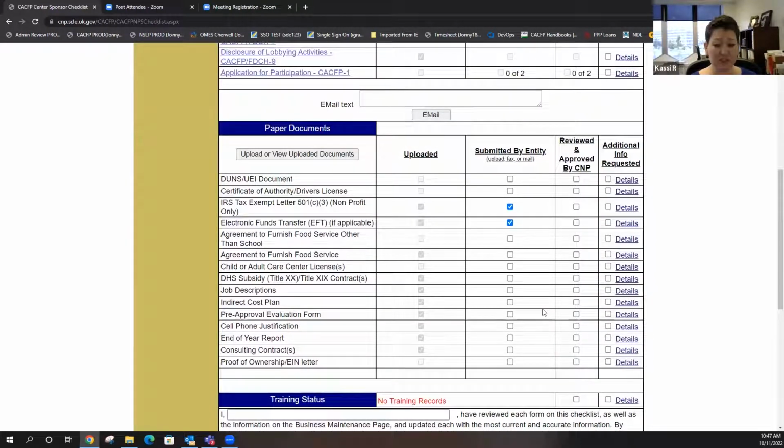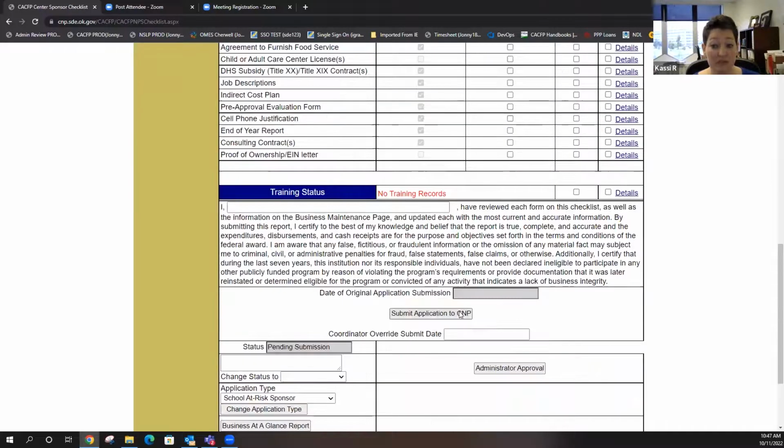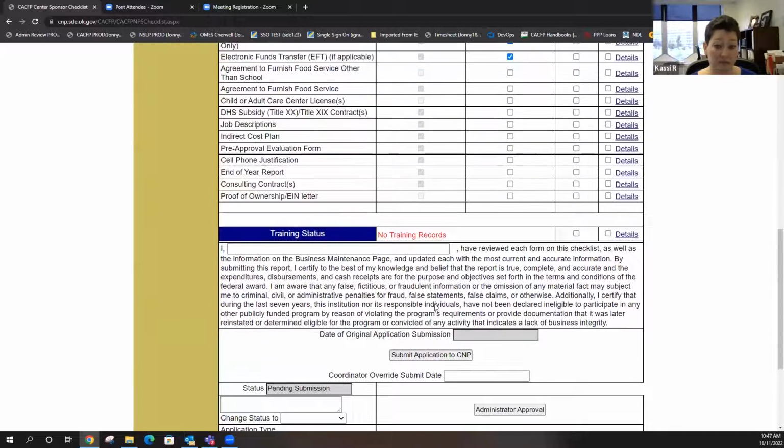If we get to your application and the proper person hasn't had training, we can't approve you. If you've not submitted your organizational chart or your end of year report, we can't approve you. Those are things you need to make sure are taken care of before you click that submit button. Because if we get to it and you haven't done it, we'll just have to kick it out and say, sorry, you need to complete these things.